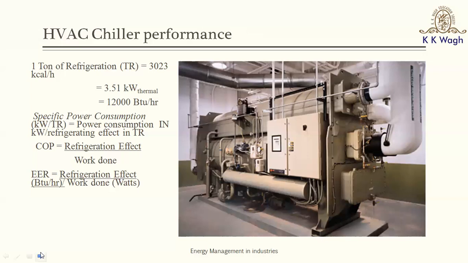It is basically how much electricity the chiller is consuming for giving you the equivalent refrigerating effect. So a chiller with the least specific power consumption would consume the least electricity per TR. It is specified in terms of power consumption, which is expressed in kilowatts, and we know that the refrigerating effect, that is the cooling effect, is expressed in tons of refrigeration. So the unit comes as kilowatts per TR.